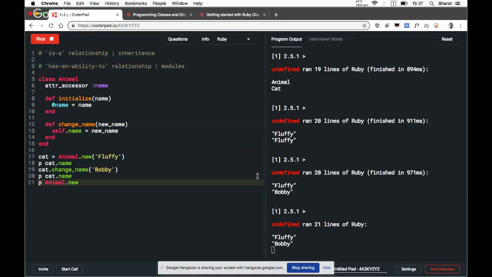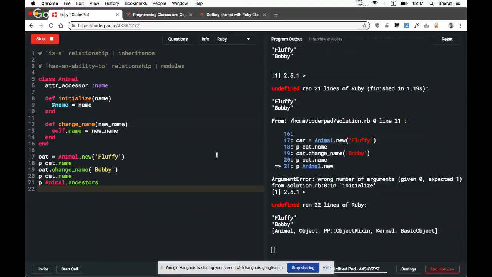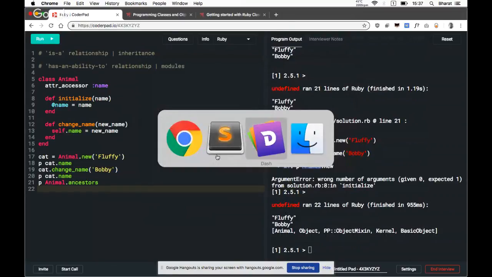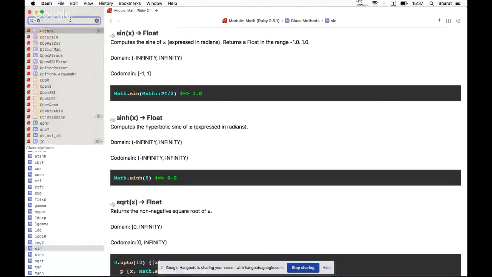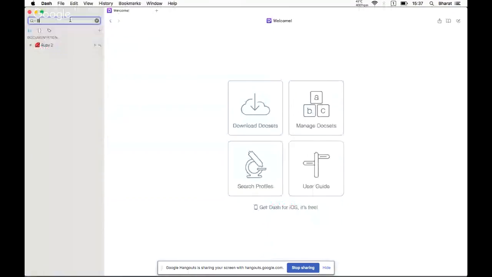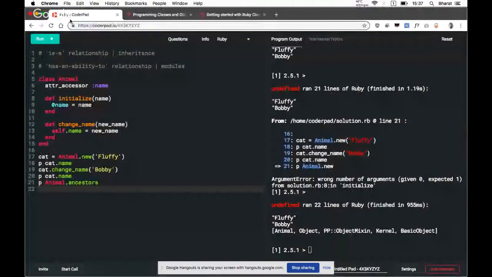Like Kernel is in fact not a class but a module. Object is a class, Kernel is a module, and BasicObject is a class.